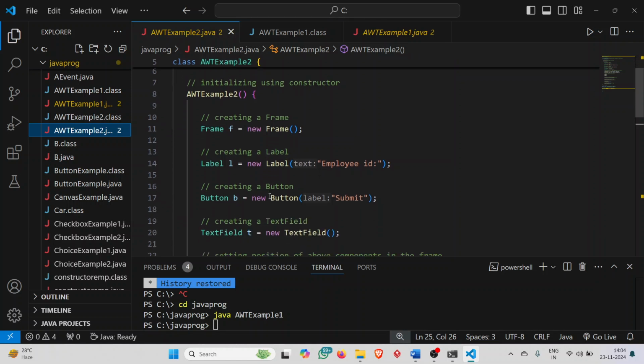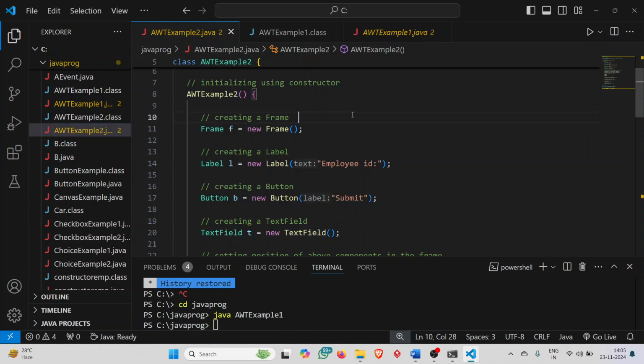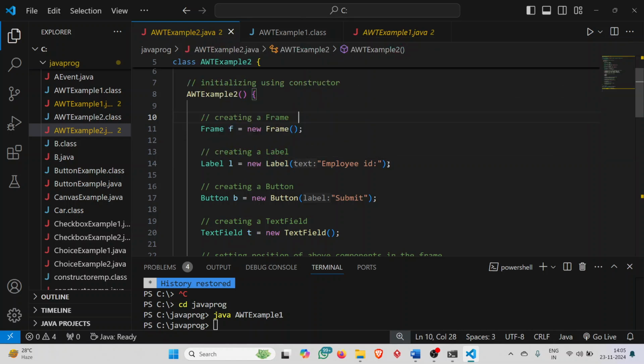So here I want to create a label, a button, and a text field. I created a new label, Employee ID. Okay, the label is Employee ID. Then in the box, the text box, you have to enter the employee ID, and the button is to submit. Then I write using the new command: Label l1 = new Label("Employee ID");